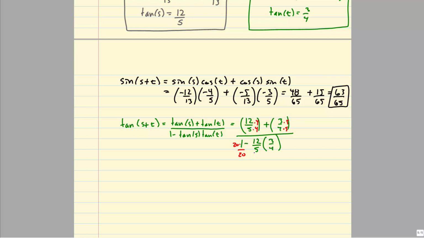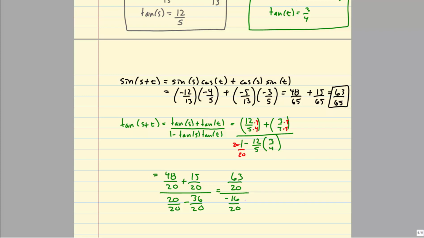Another thing I could do is multiply top and bottom through by 20. So again, several different ways that we could work through this. This would be 12 times 4 is 48 over 20, plus 3 times 5 is 15 over 20, all over 20, minus 12 times 3 is 36 over 20. Writing this as a single fraction, 48 plus 15 is 63/20, all over 20 minus 36 is